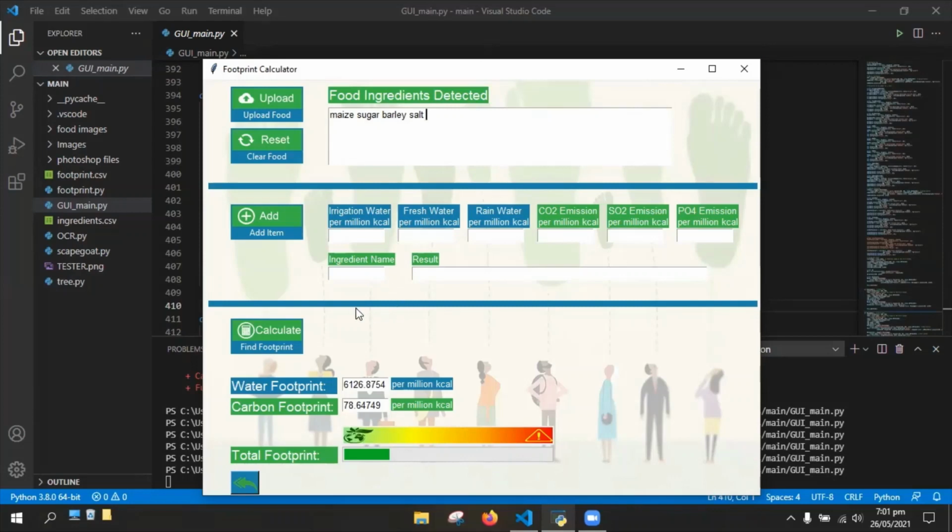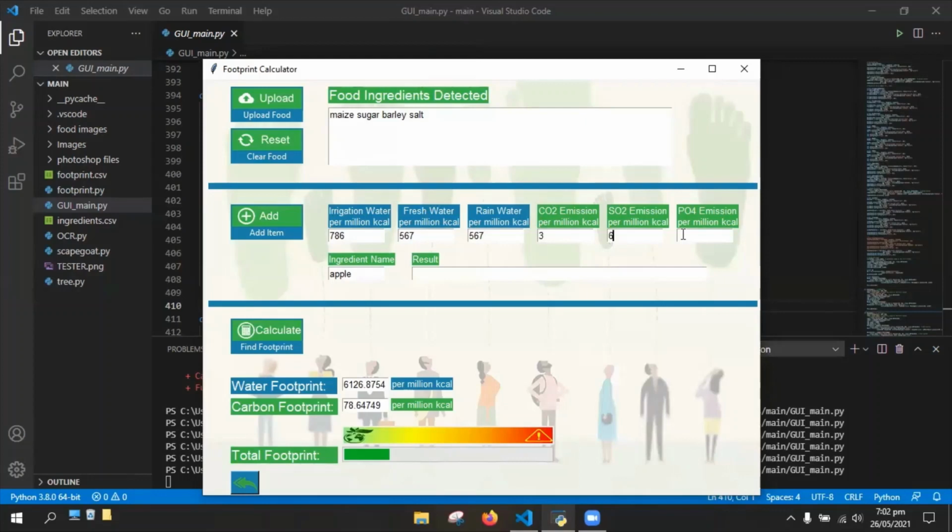For example, I will just add a dummy food item for now, say apple, with the values of say 786 or 457. The rainwater, freshwater, and agricultural water values that I've added are usually in the magnitude of hundreds or thousands per million kilocalories. Similarly, for emissions, it is relatively low, say about 3.